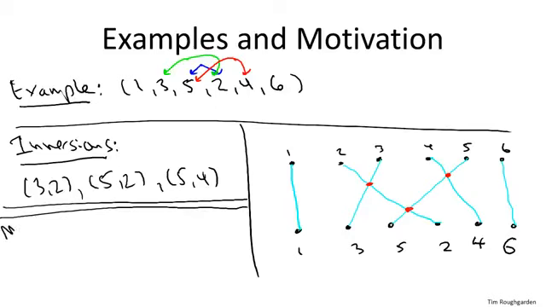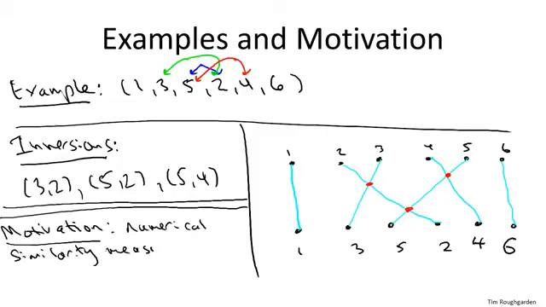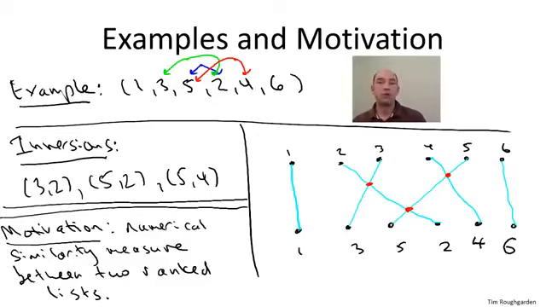Now, why might you want to solve this problem, you might ask? Well, there's a few reasons it comes up, but one would be to have a numerical similarity measure that quantifies how close two different ranked lists are to each other. So for example, suppose I took you and a friend and I identified 10 movies that both of you had seen. And I asked each of you to rank these movies from your most favorite to your least favorite. Now I can form an array and compute inversions, and it quantifies in some sense how dissimilar your two rankings